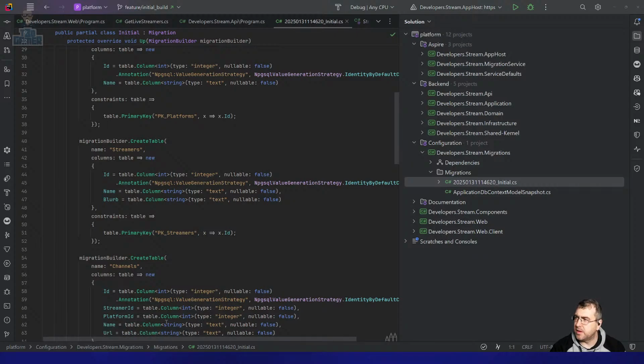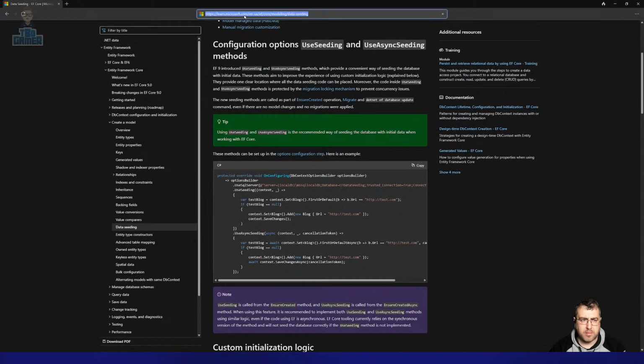How to seed a database through migrations. Data seeding. There you go. So that's that. UseSeeding and UseAsyncSeeding is the recommended way of seeding the database with the initial data when working with EF Core. UseSqlServer, UseSeeding. So